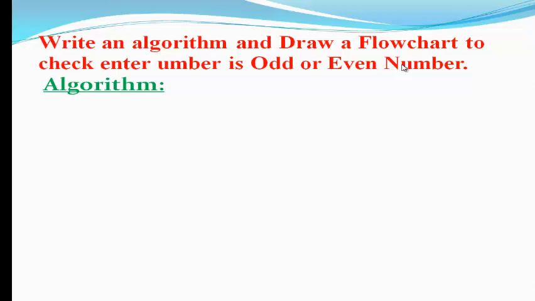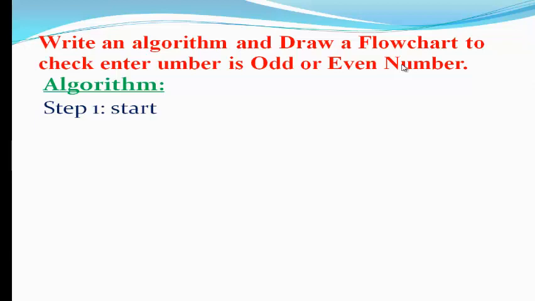Now we take one example. Here we see the definition: write an algorithm and draw a flowchart to check whether the entered number is odd or even. In the previous discussion we saw that when we want to draw any kind of flowchart, first we have to write an algorithm. It's not compulsory to write the algorithm first, but I recommend it. Always write the algorithm. Based on the algorithm we easily design our